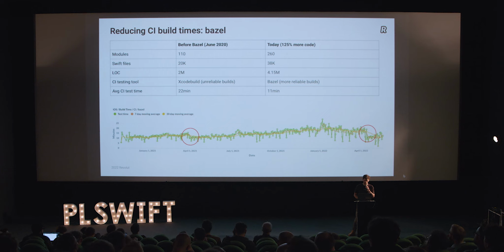basically Bazel, and then also one more detail I'm going to mention now. So what you see on the screen is the graph of only our Bazel builds. What you're seeing is, yeah, it starts on 10 minutes, and it grows a bit, of course, with the code base. The circle on the left is the moment we enable remote cache. It maybe looks small, but it's a reduction from 15 to 10. It's a 30% reduction. And the circle you see on the right is the moment we switch CI to M1.